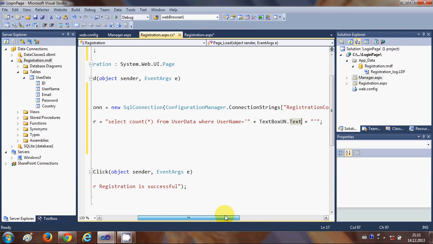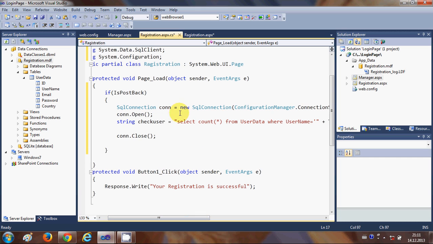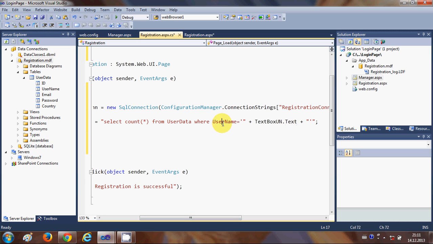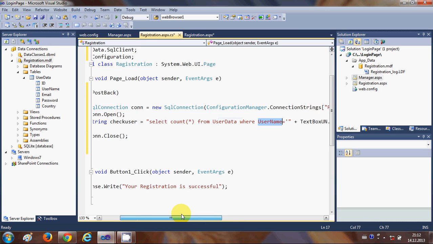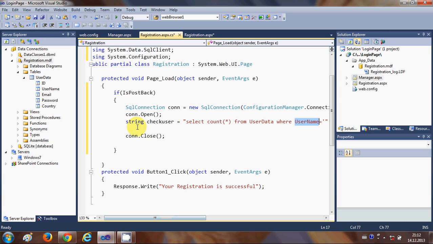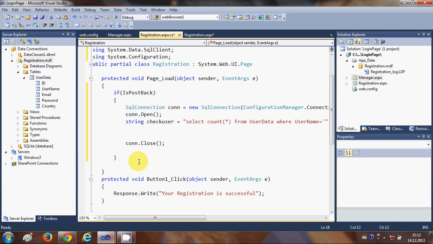Okay, so once I have done that, my query is constructed. This query selects count from my table, which is user data, where my username is this. I'm checking whether this new username is already there in the database or not, and if it's already there, I will warn the user that he should enter some other username, because two usernames cannot be the same, right? So we have constructed our query, and in the next line we will write SQL command and give it object